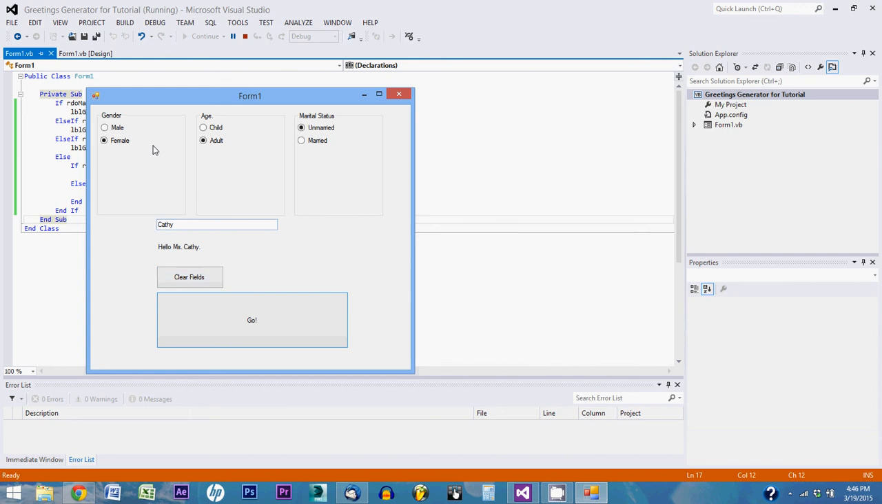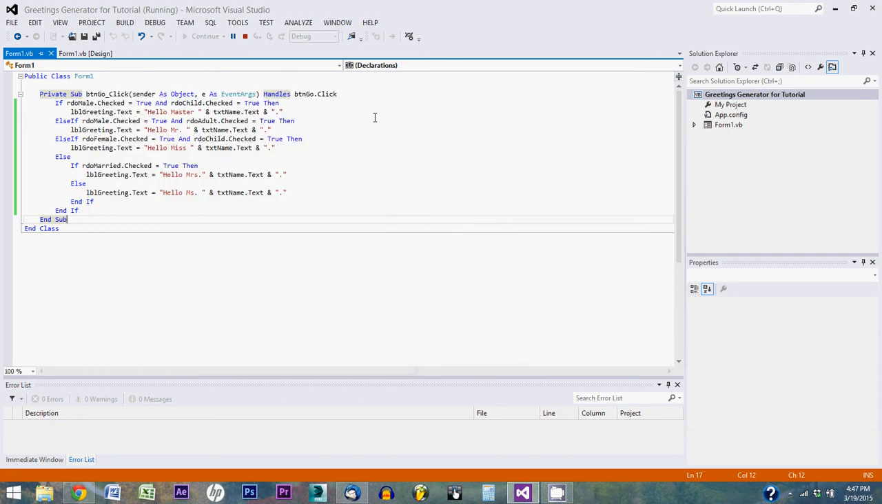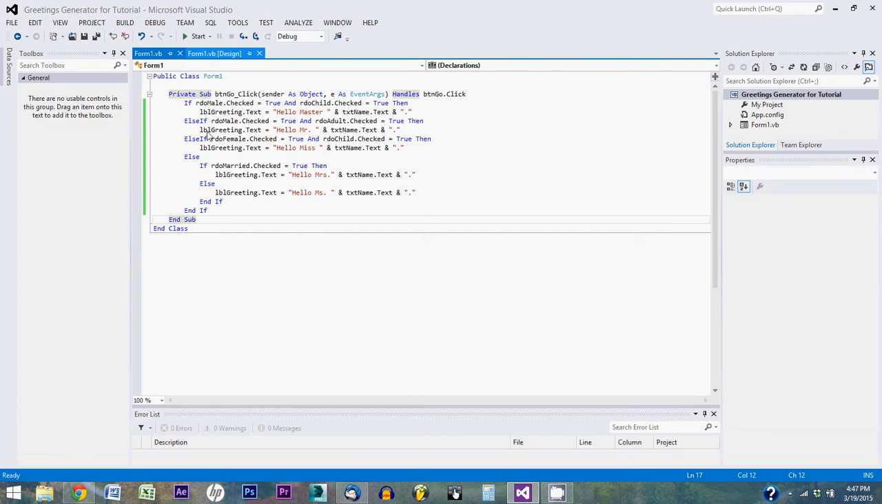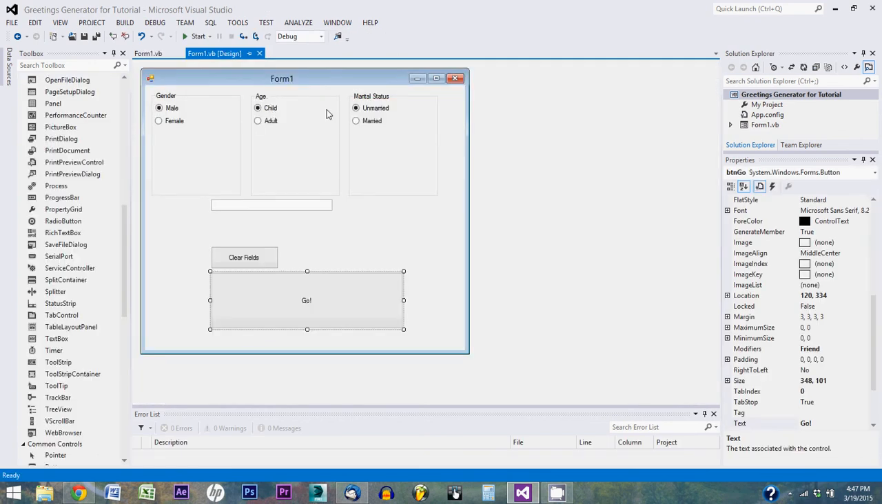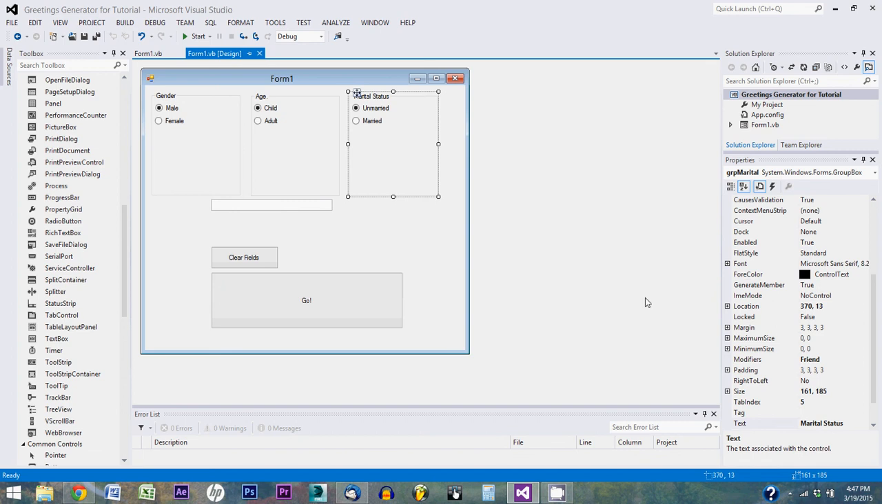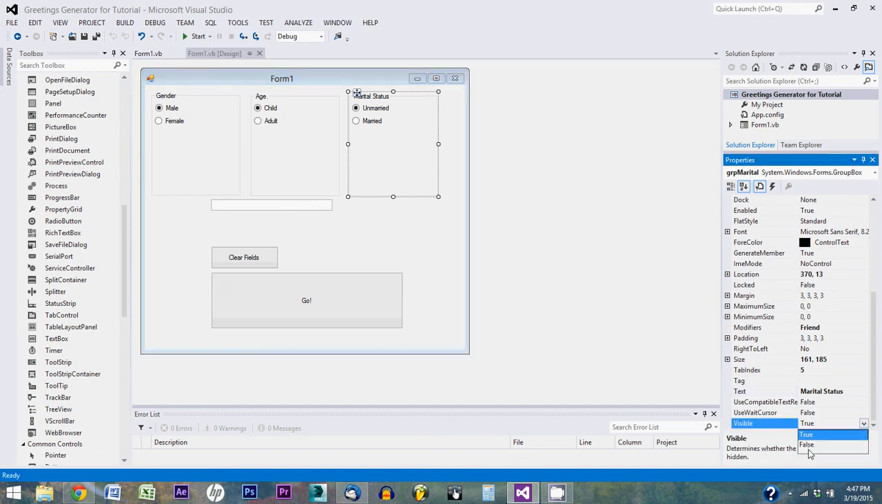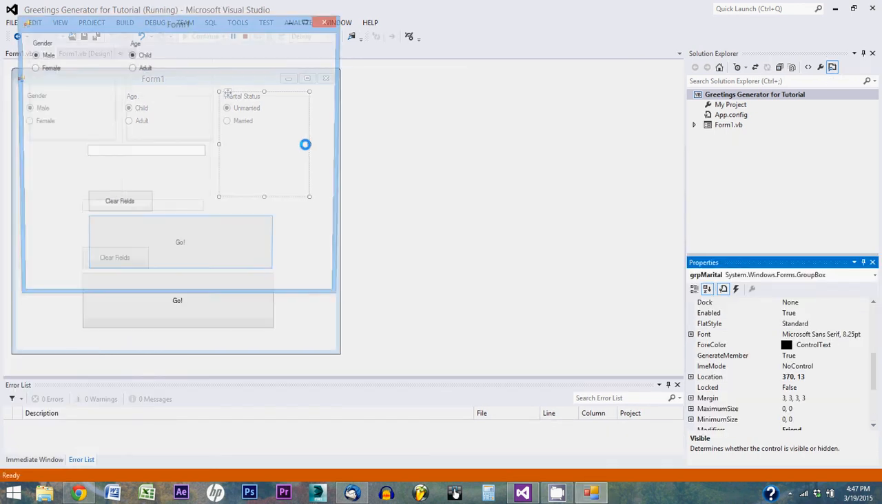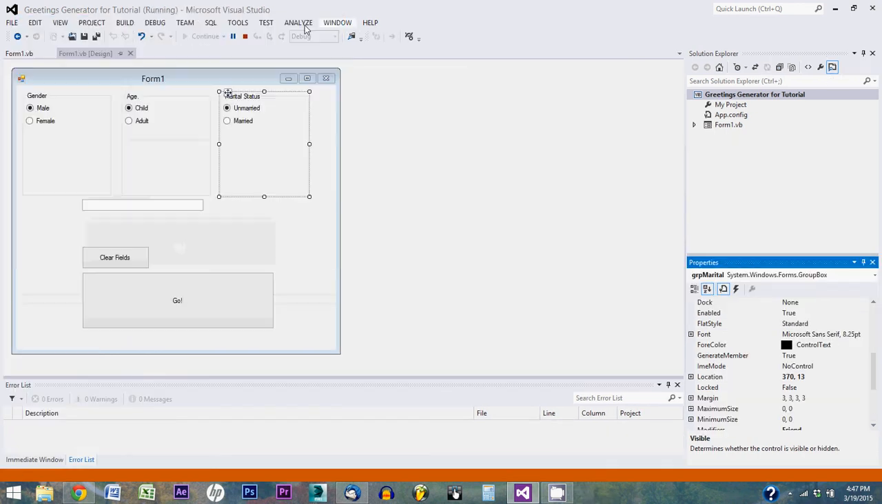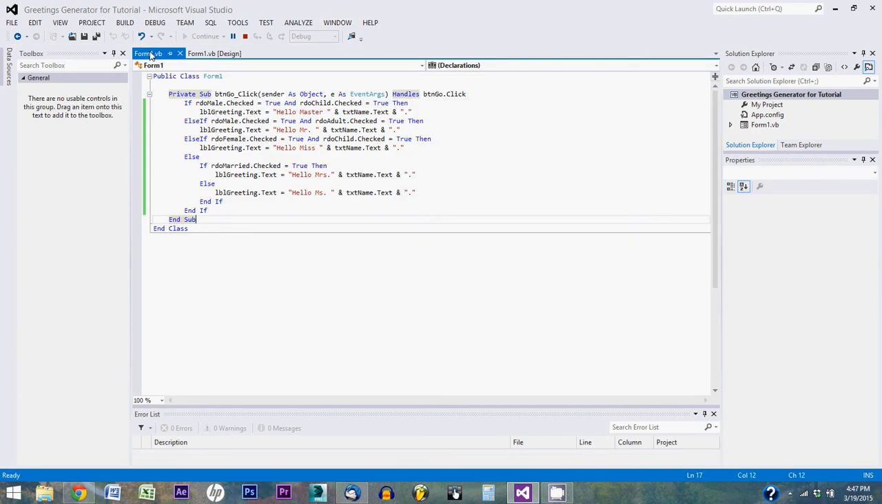But we want it to show, we want this marital status box to show up only if she is a female who is an adult. So we have to code that to make sure that happens. Alright. So what we're going to do, we're going to go over here, click the marital status group box, and change this visible property to false. This will make it that by default when the program runs, it does not show up. See, it's not there. So let's go into our form code